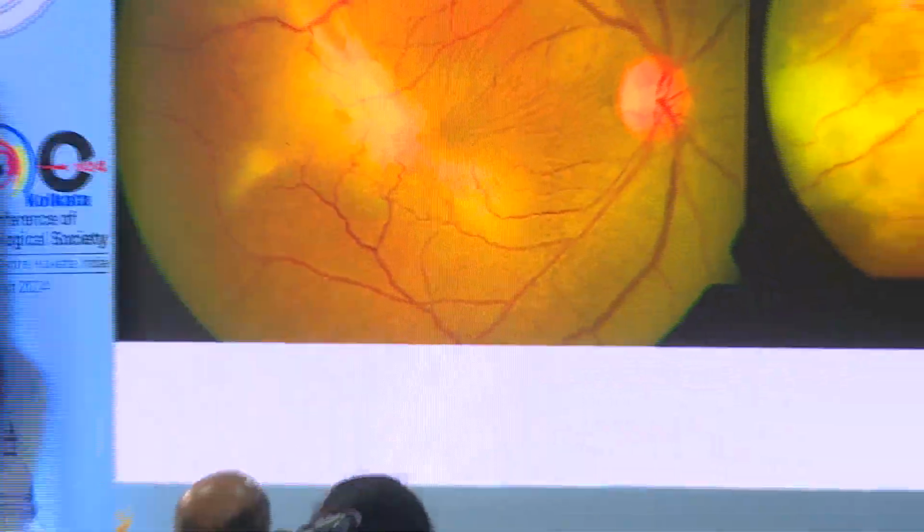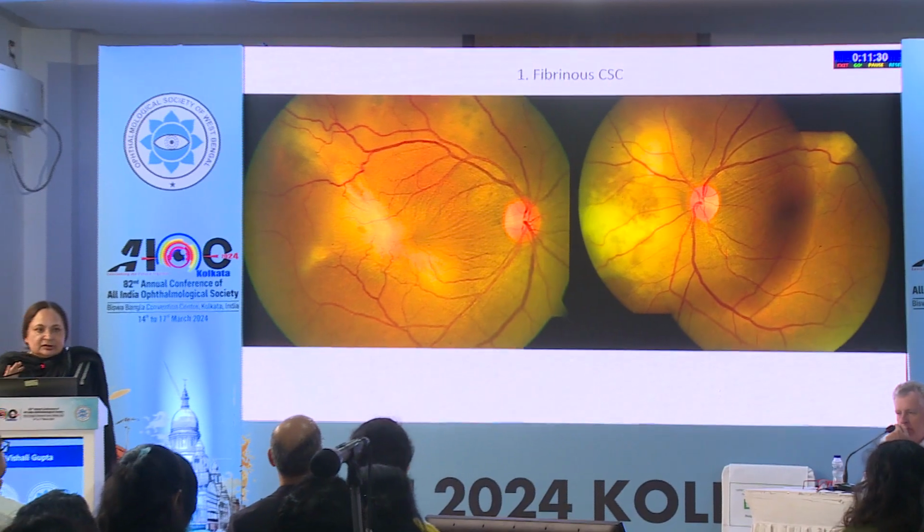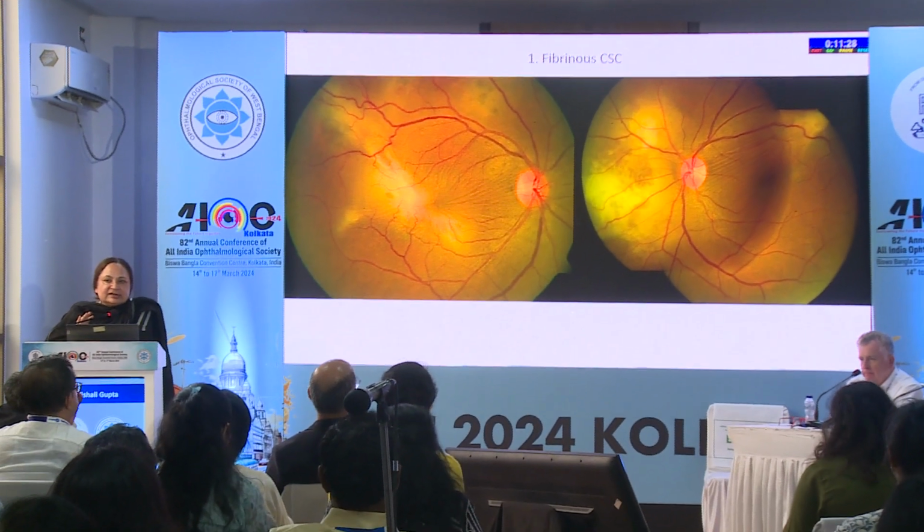The last talk of the session, and the topic I have been given is conditions that look like uveitis, but are not. Partho already explained to you very beautifully that uveitis can produce either retinitis, which is very typical, or choroiditis, which again is very typical. But if you are seeing some deposits in the subretinal space, which is neither retinitis nor choroiditis, it is unlikely